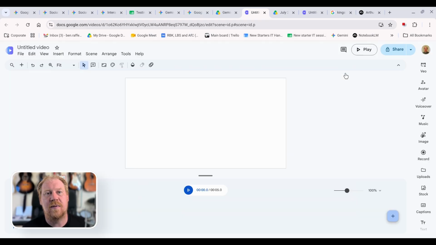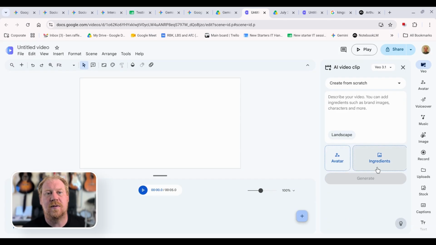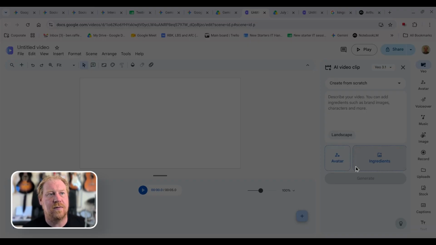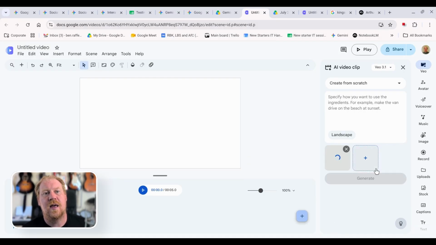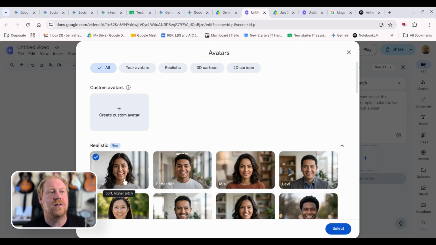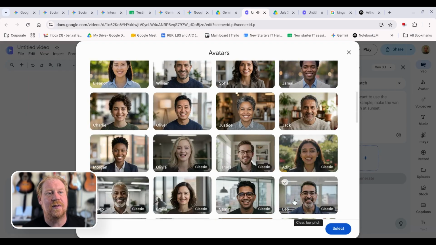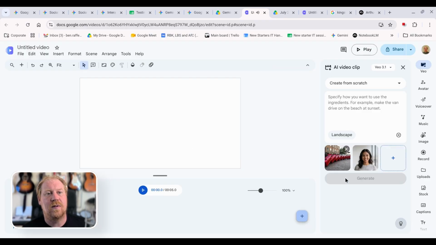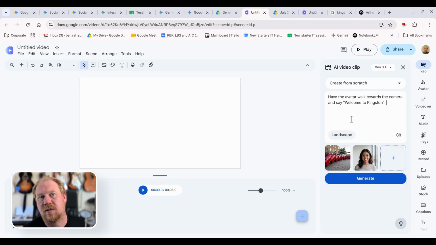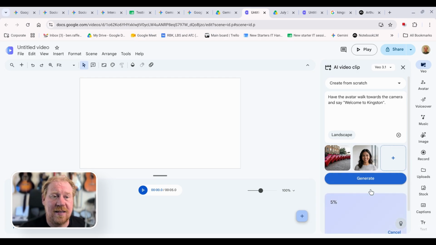So if I come in here and create a new video, I'm going to put in a photograph. I'm going to grab a photograph from Kingston High Street, and I'm going to add an avatar to that. Just let that load in. So there's the phone boxes from Kingston. I'm going to add an avatar to my video. So I'm just going to choose one of these pre-made avatars here that we have. Put them in there. And then I'm going to say, have the avatar walk towards the camera and say, welcome to Kingston. So if I click generate,